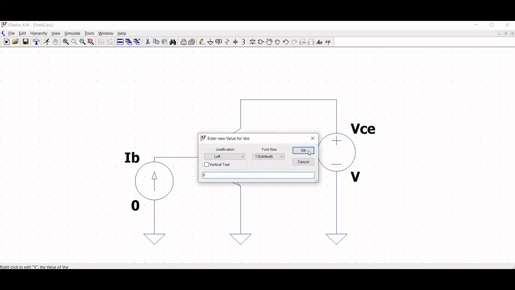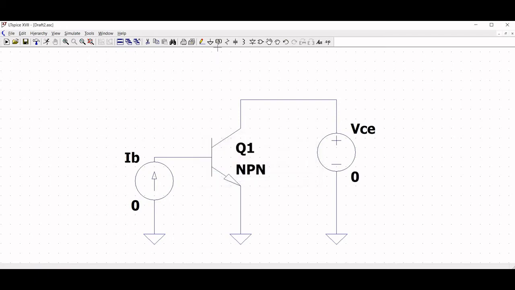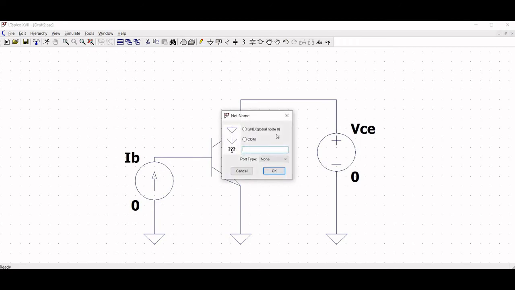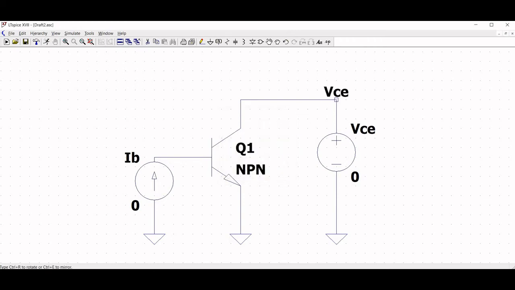Now let us do the label net. Type VCE and place this node between the voltage source and the NPN transistor.